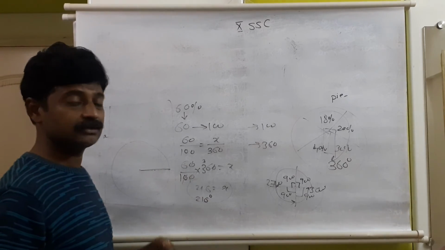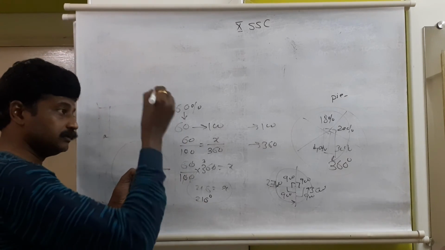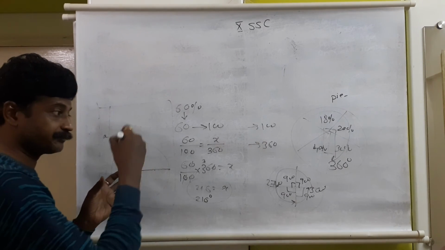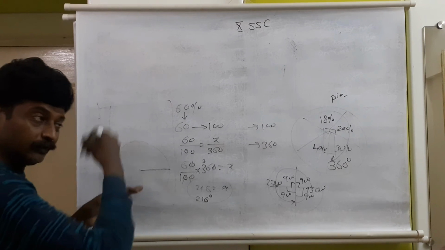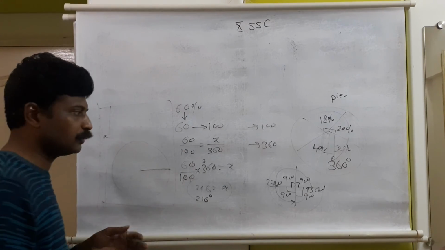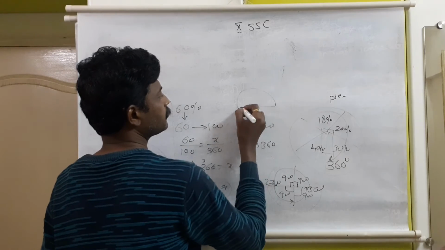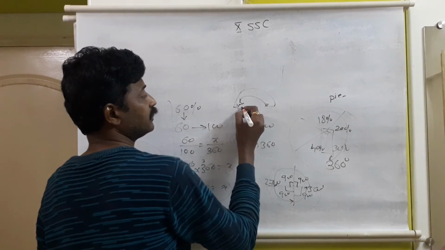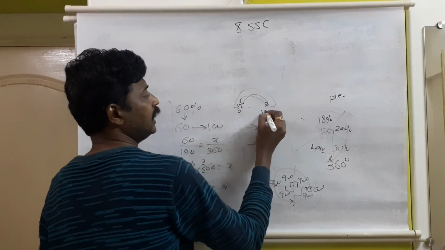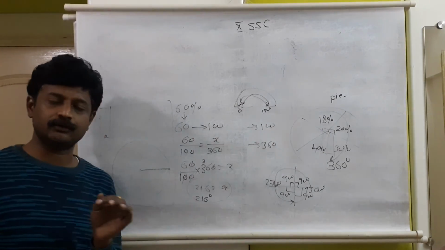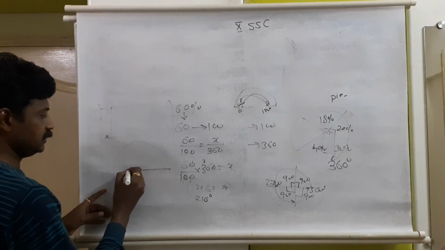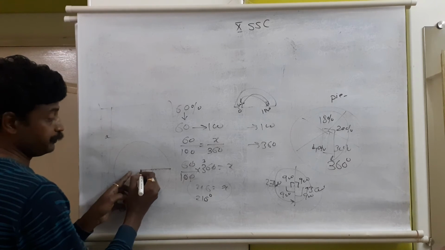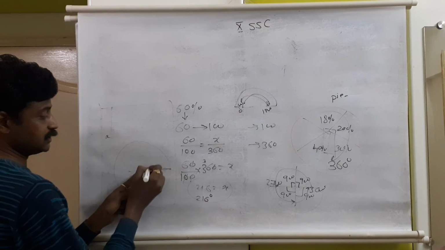Now, for 216, if we have a protractor which can show the full 0 to 360 degree, it is well and good. If you don't have one, normally we have the protractor of this type, where you can start with 0 and it will end with 180, or from this side also it will start with 0 and end at 180. From both sides you can calculate. So which to consider? Keep the protractor here. Match the baseline. This will be the origin, so it will match with the center of the protractor.